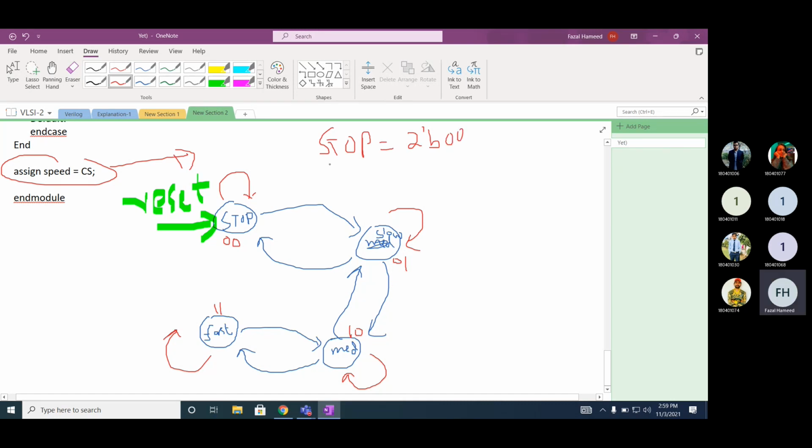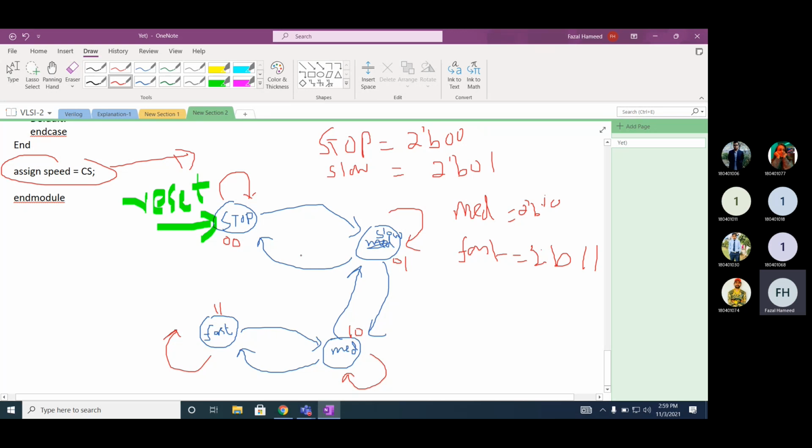What is the encoding for slow? 0 1. What is the encoding of medium? 1 0. And what is the encoding of fast? 1 1. It is a problem. Why is there a problem? When the system makes a transition from slow to medium, there will be a transition from 0 1 to 1 0. Both bits will change.